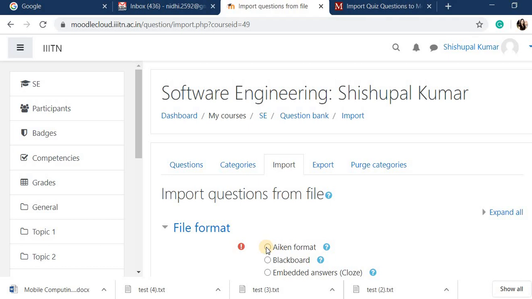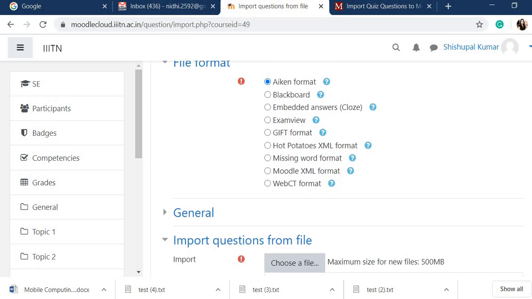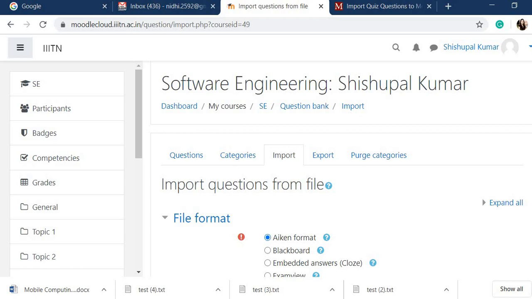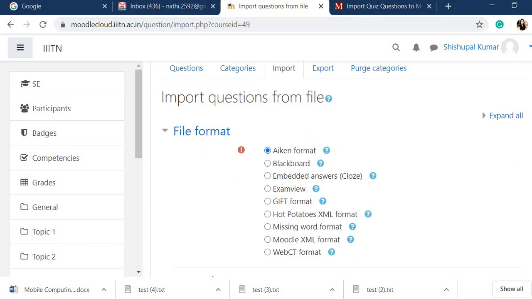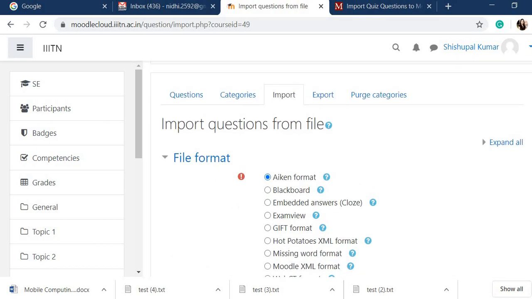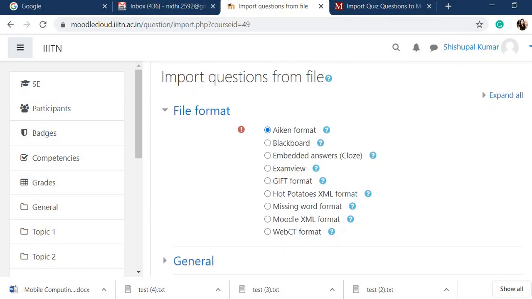The first option you have to select, and the categories you can change as per the suggestion given by our seniors. In this example I am only creating a demo, so I am not changing my category. I am only showing you how to import the Word file into the Moodle.